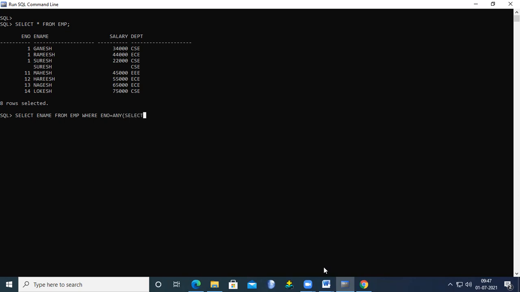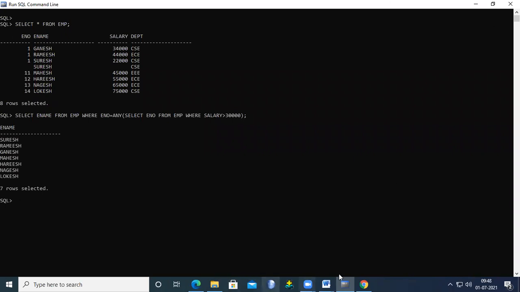At the same time, select e number from EMP where salary greater than 30,000. Then it will give the particular employee names. In this type, we are performing the comparison.